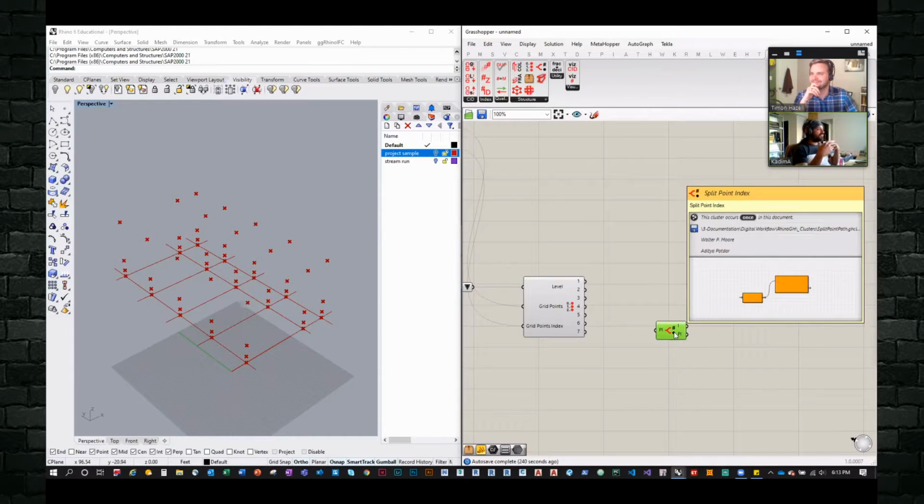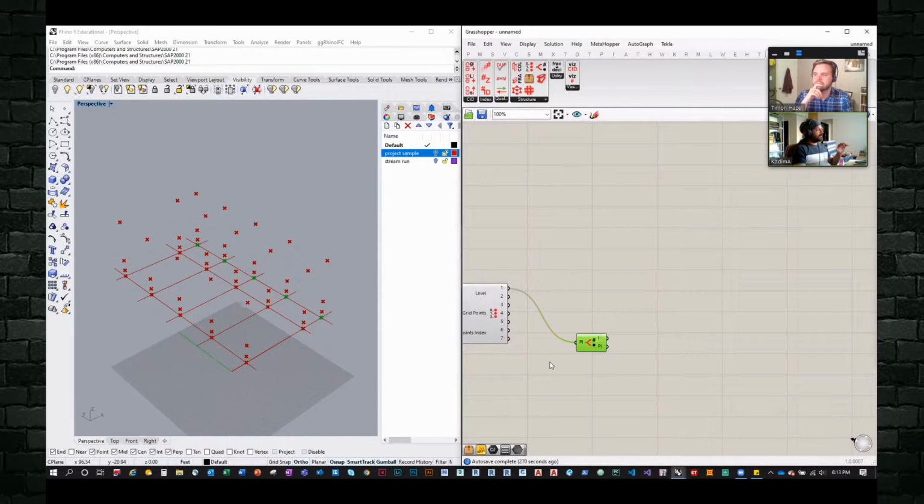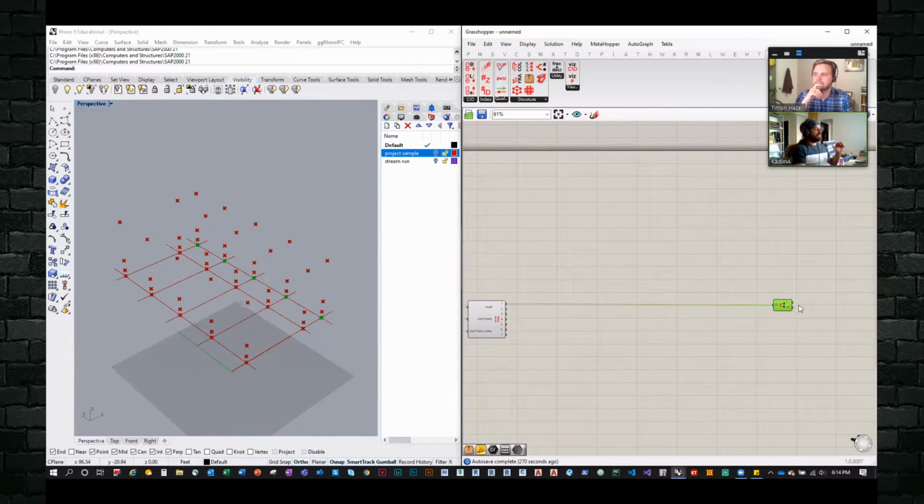The index for our digital workflows is really pivotal, because every element, whether it's a point, a column, a brace, or a strut, has a unique index identifier that somehow relates back to the project, grids or levels. And I found myself a lot of times splitting the geometry element from the index element to manipulate the index element so I can apply it to a new geometry element. So this is where this cluster came in, where automatically the point and the index are split together.